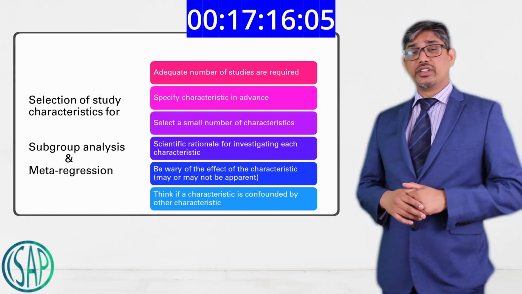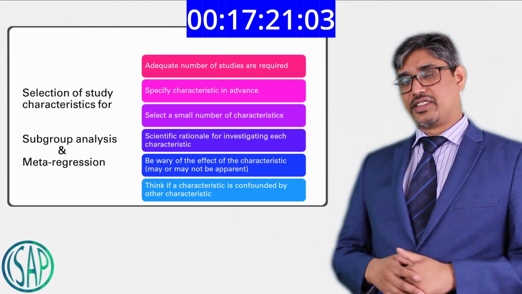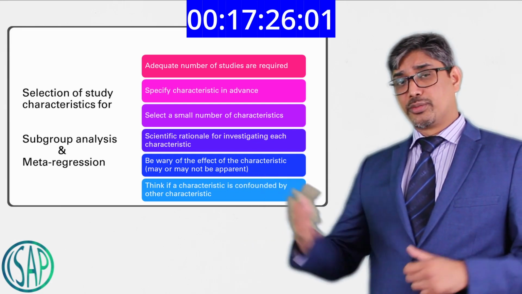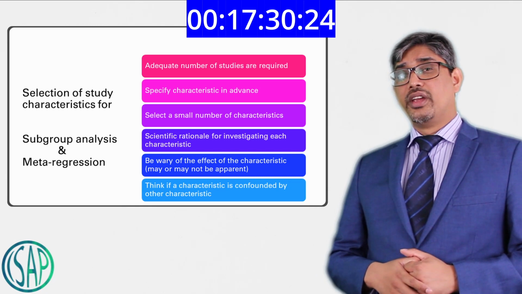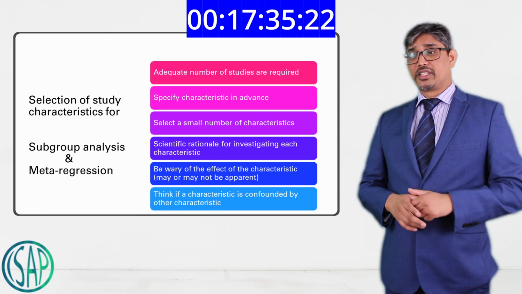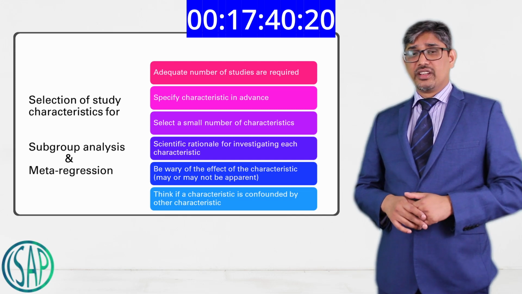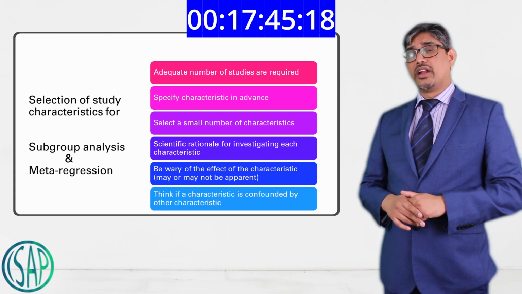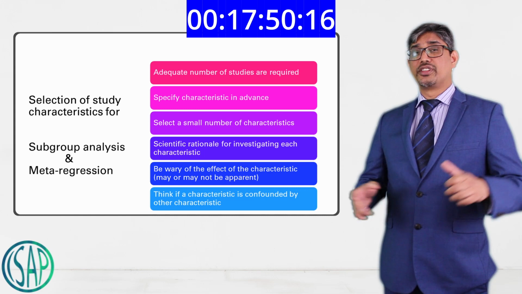The best example I can give is you can't combine smoker with COPD. A smoker is one characteristic. COPD is a different characteristic. So if you input both to compare the outcomes within a subgroup, both smoking and COPD will have a confounding effect. That's why when you do subgroup analysis, you have to select the minimum number of characteristics possible which do not have confounding effect. To summarize, we need at least 4 studies and as few characteristics as possible, and the characteristics which have less confounding effect you have to pool before you run subgroup analysis.